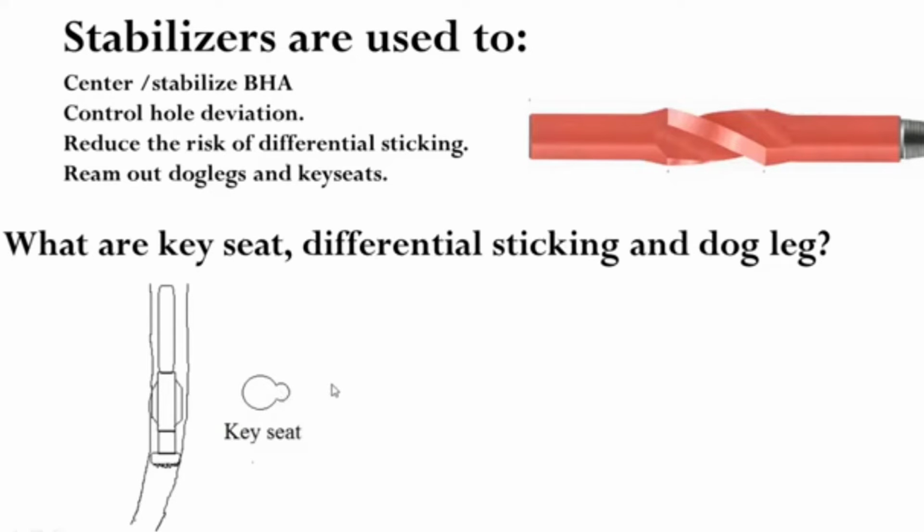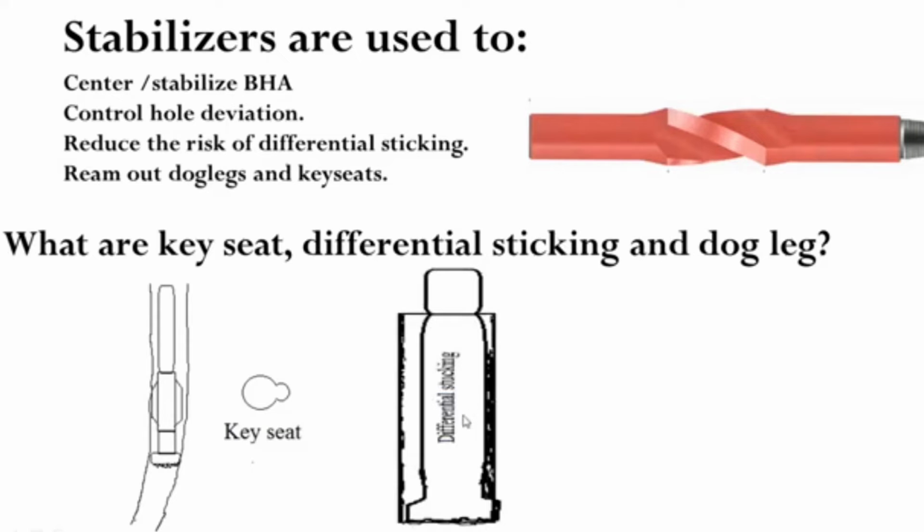Differential sticking, as the name indicates, differential is in terms of pressure, because when we drill a well bore, normally we drill overbalanced. Let's say the formation pressure is 5000 psi at this depth, and we will be drilling the well with 5200 psi hydrostatic column of the mud inside the well bore. So we will have 200 psi. So this differential pressure will act on the bottom hole assembly,